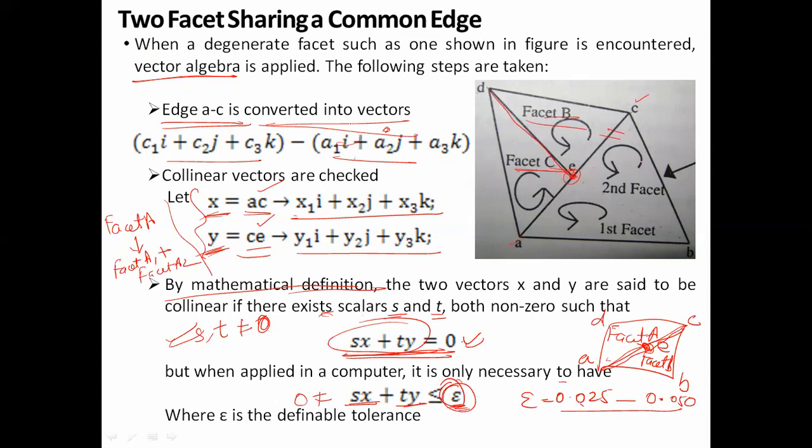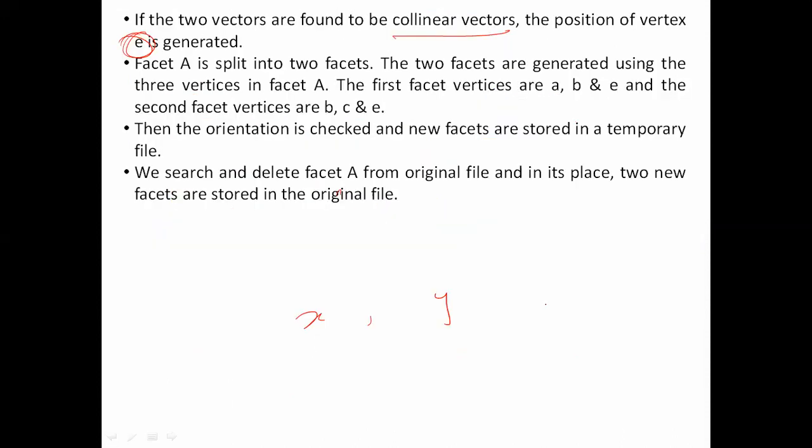The vertices of those facets are again defined. For this facet the vertices are A, D and E, and for this facet the vertices are E, D and C. So now a single facet has been divided into two facets, thereby eliminating the problem of degeneracy. Once you have broken up the facet into two facets,